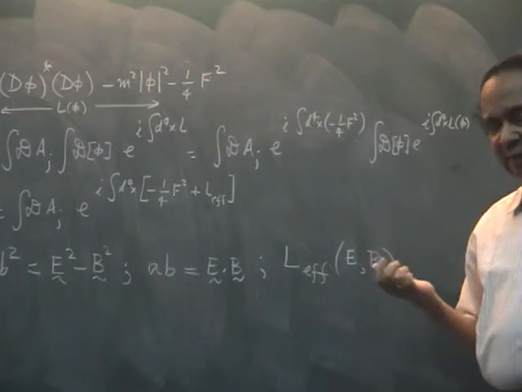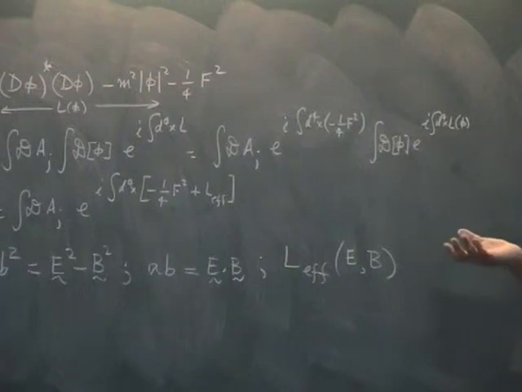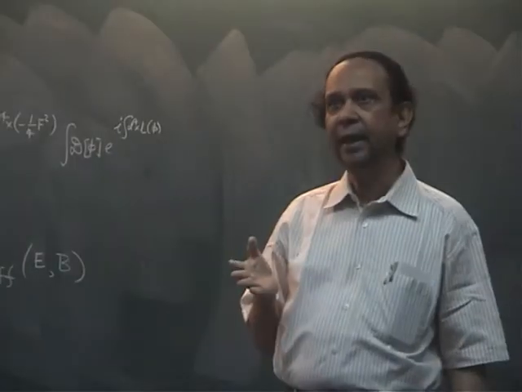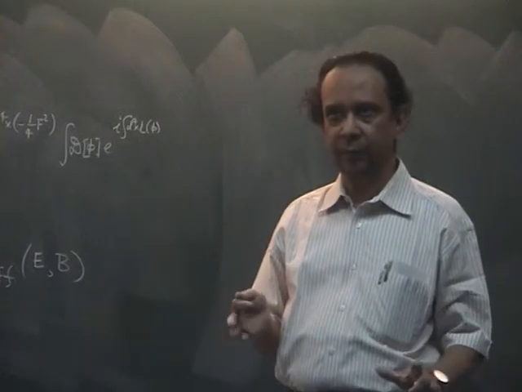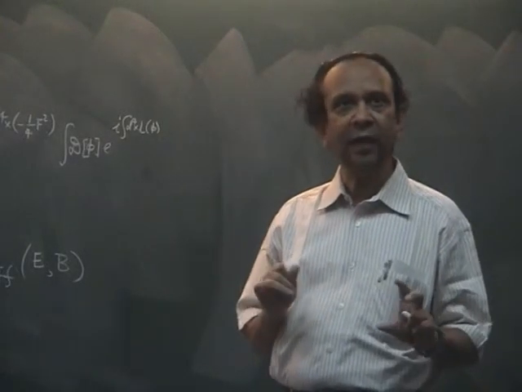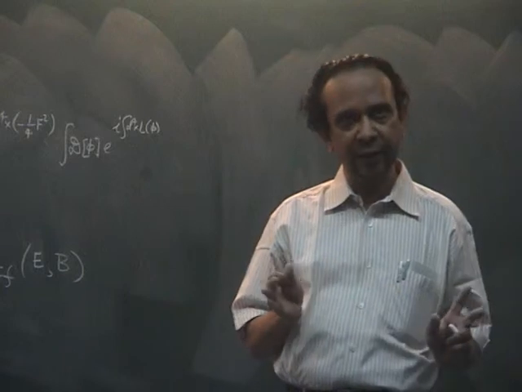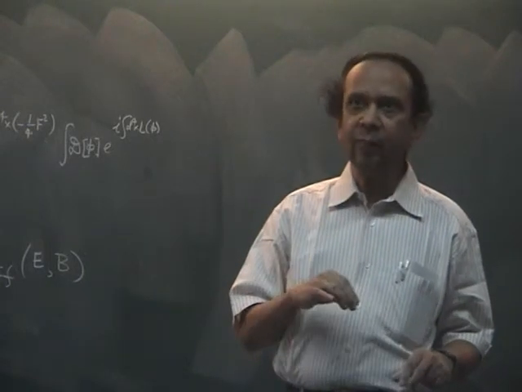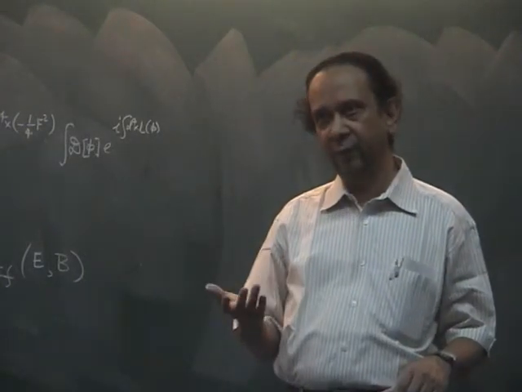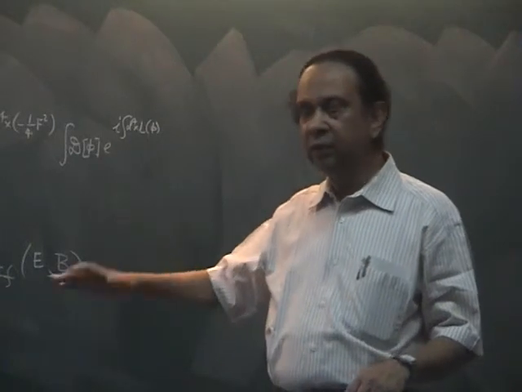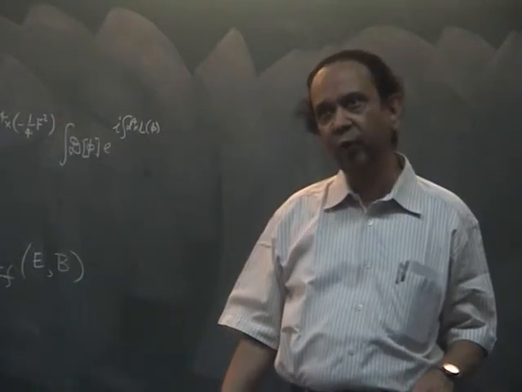More precisely, saying A_i varies slowly doesn't mean anything because A_i is not a gauge invariant concept. You have to say that F_ik is approximately constant. So the electric and magnetic fields are treated as approximately constant. So the vector potentials will be linear in this. Okay? So that is the approximation in which we will be working. Okay. So given this much, what we have to again evaluate